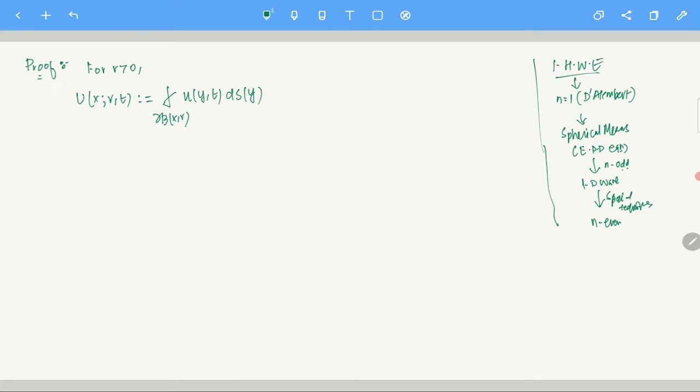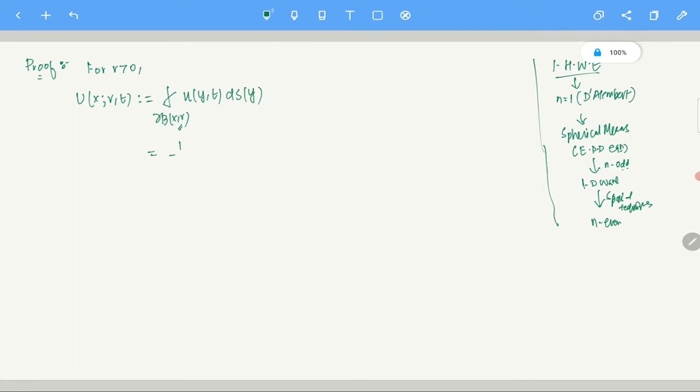Now you see, t is not doing anything here, right? I just want to find what U_r is for now. So I want to calculate what the derivative of U with respect to r is. But this integral is dependent on r. You remember this sort of integral we did in the Laplace equation, the mean value theorem, while proving. What we did was a change of variable and shifted this thing to the origin. So this became independent of r, and then we took the derivative with respect to r. You remember? So we are going to do the exact same thing here.